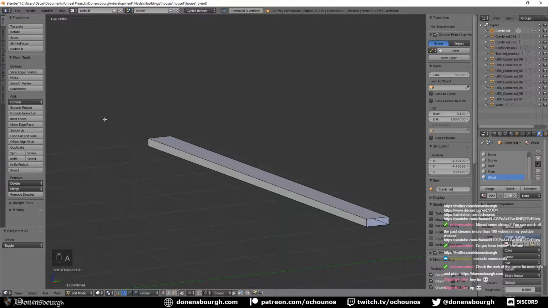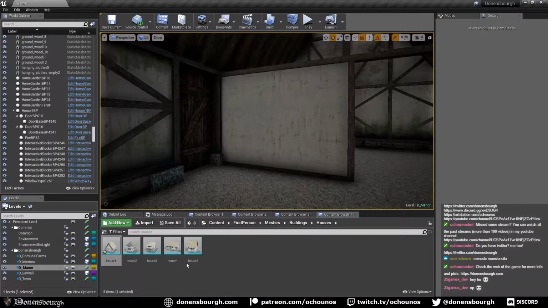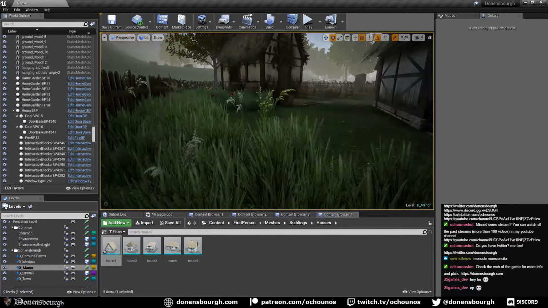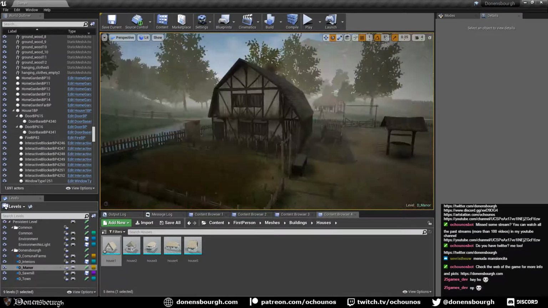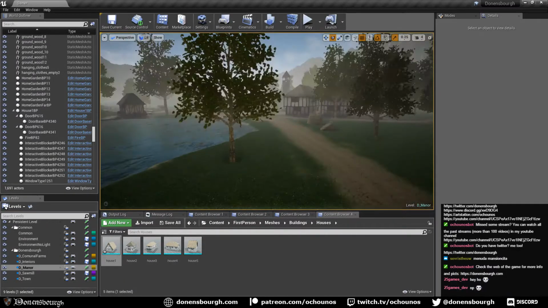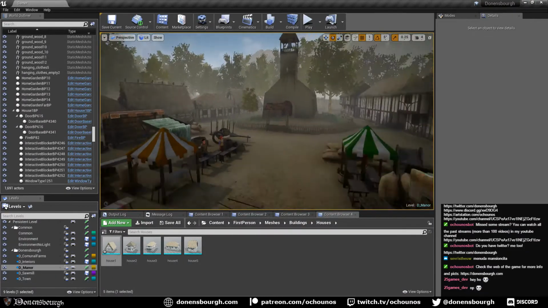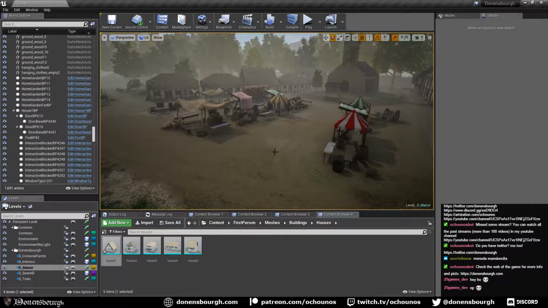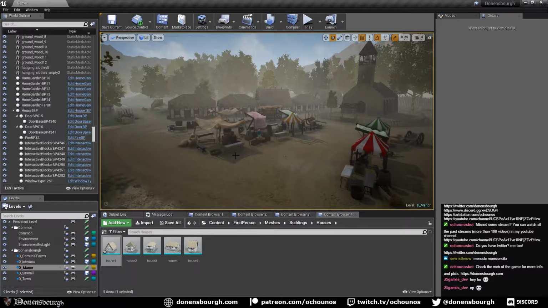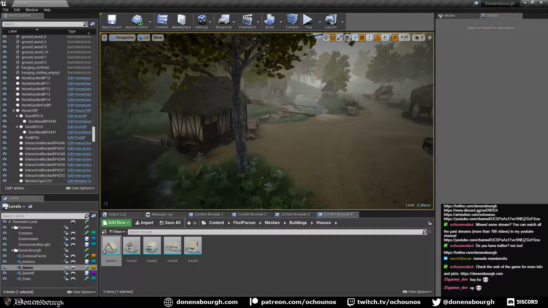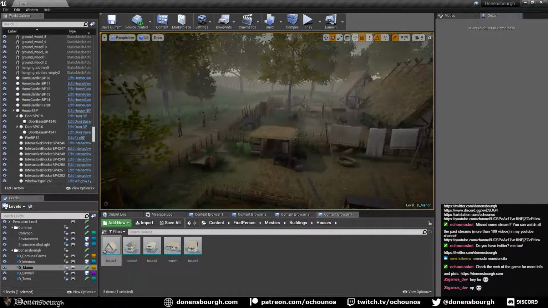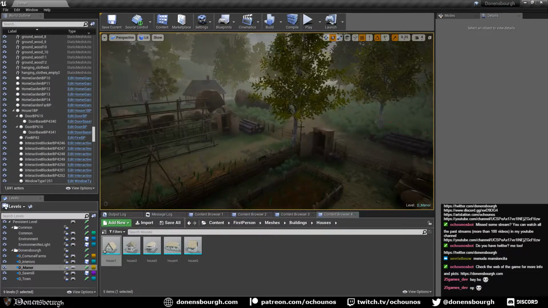Okay, so let me just show you. I will just keep this one at the moment. So I'm just redoing this house, well, not redoing, but adding more geometry, more variation for that, since the first house that I was doing was so simple, and this is really simple. So you have here a house, a town with many other things for the medieval era. So you have the market, the church, all the farms here, also the watermill, bakehouse, and a few more houses. You have all the farms here where you can just work, and this is one of the mechanics that you have. So it's just working, farming,